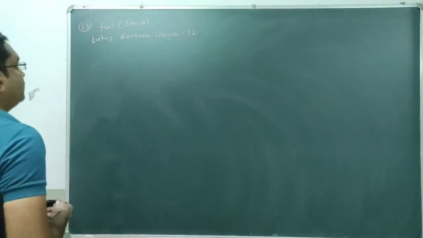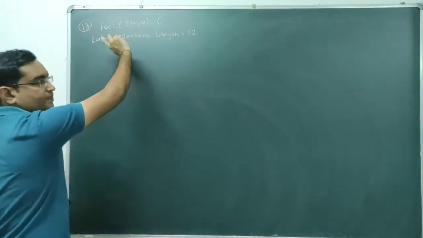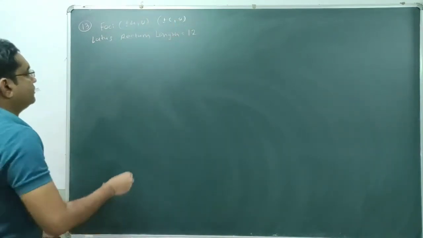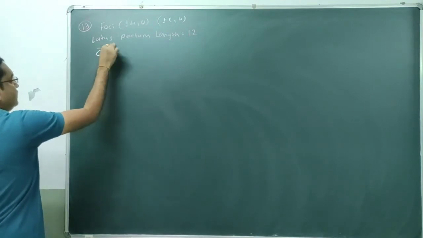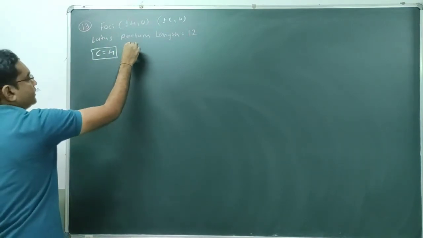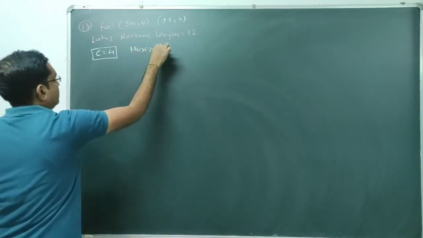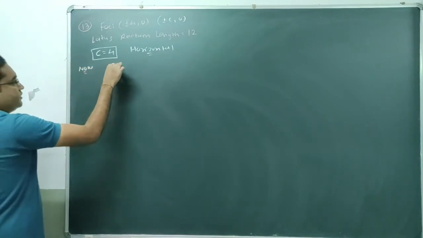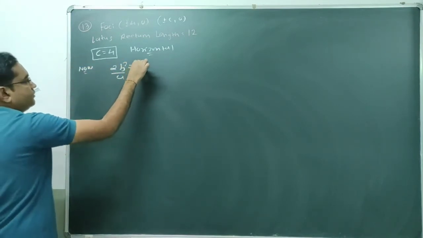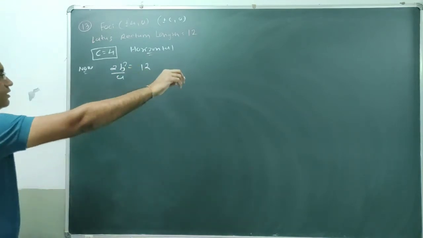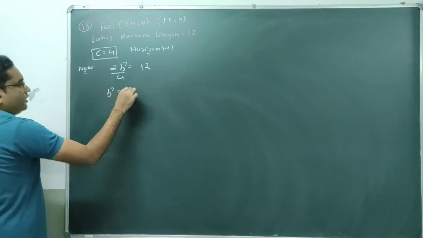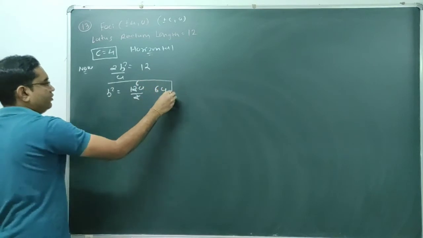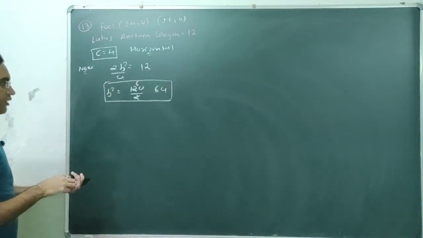है ना, ज्यादा कुछ डिस्कशन नहीं करेंगे। Foci lies on x axis, so it's plus or minus c, 0, horizontal hyperbola. So on comparison we are getting the value of c equal to 4. Done. And this is the case of horizontal hyperbola. Done. Now length of latus rectum is given, which is 2b square by a equal to 12, है ना, पूरा लिखना है length of latus rectum, and therefore we are getting b square equal to 12a by 2, so it's 6a. Value of b square is 6a, है ना, equation number 1 2 3 4 5 जो देना वो दे सकते हो आप.